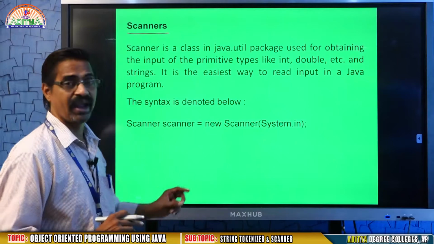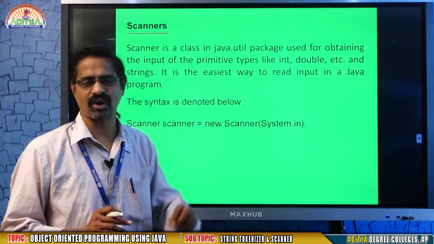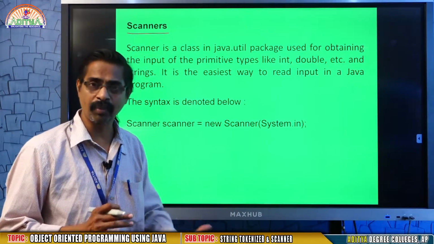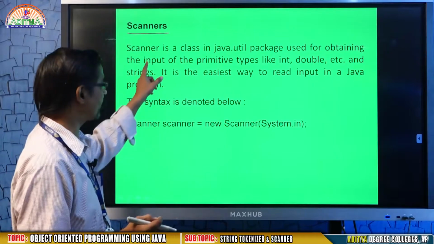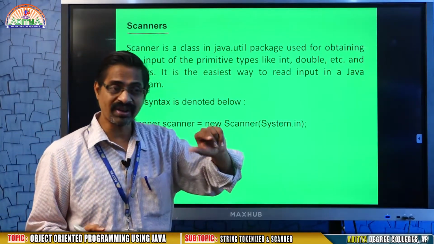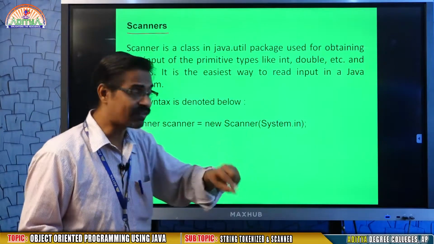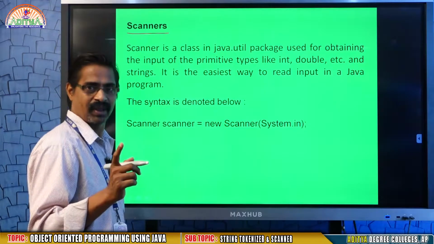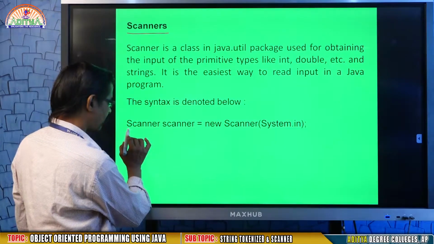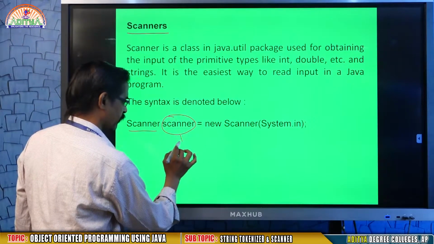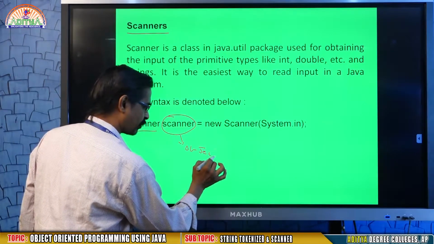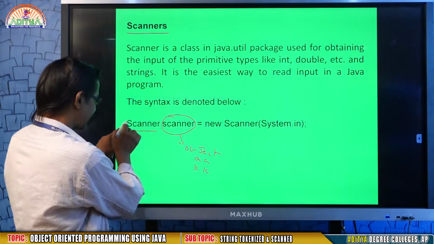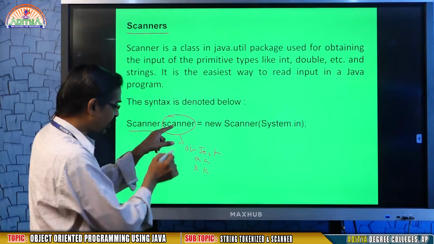But in Scanner it will read your data directly, whatever the format, whether it is integer, string, character, float, double, even boolean, anything you want you may read it directly. That is why it is similar to scanf in C language, but it is a class. Remember, it is a class. A class you operate with the help of Scanner. This is an object. You may write the object name as AA or KK, anything you want, just given Scanner. Here SC is in capital, here sc is in small, that is why it is an object.